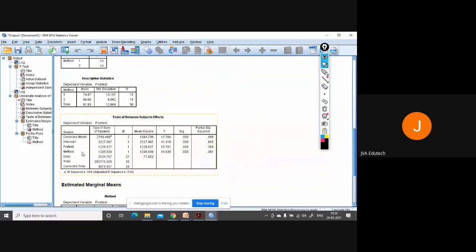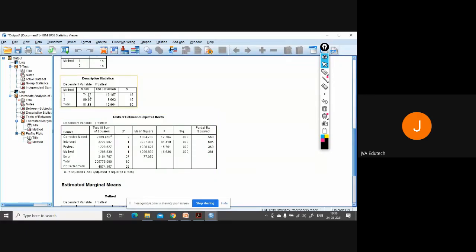Now you see the method. The F significance value is 0.000. That means there exists a significant difference between the online and offline classes. They have a different effect on the scores while controlling for the initial, because this statement you have to write, while controlling for the initial quantitative ability of the students measured in the form of the pre-test, right?